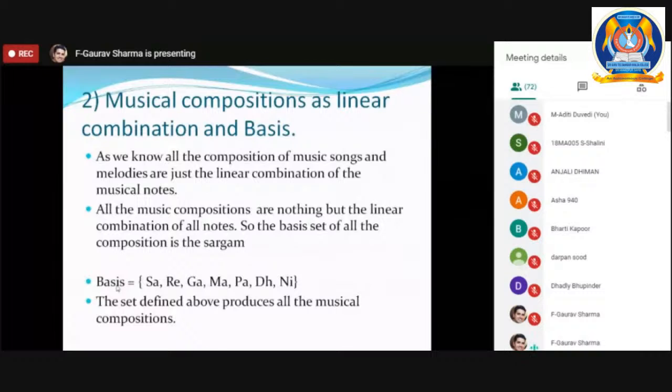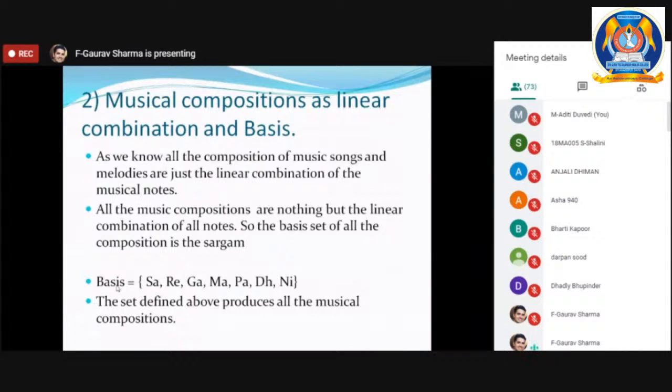I will discuss all the applications one by one. So let us move to musical compositions. Again, you can view musical compositions as a linear combination and basis. See how. As we know, all the compositions of music, songs, and melodies are just linear combinations of musical notes. The sargam,